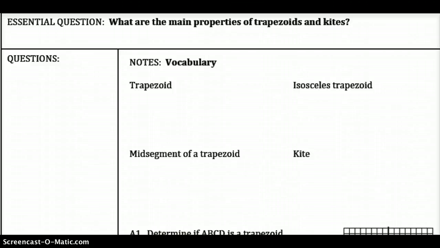8.5. Use properties of trapezoids and kites. Essential question: What are the main properties of trapezoids and kites? First of all, a trapezoid is a quadrilateral